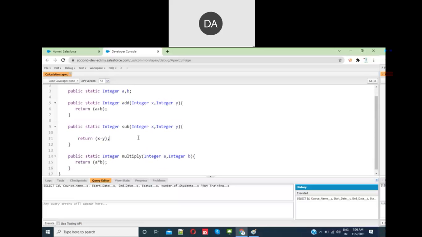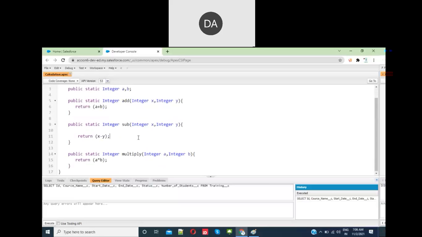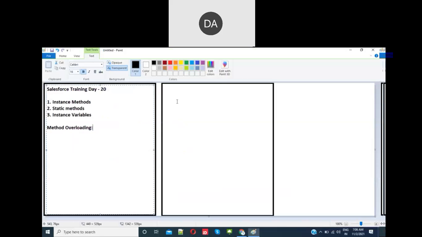Now, if you want to add three values using the addition, in this case what you can do is write the same method add and give different parameters. Overloading means